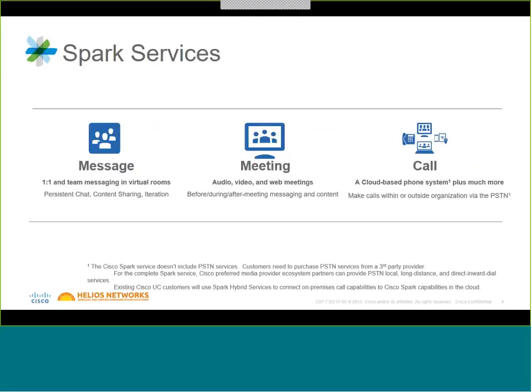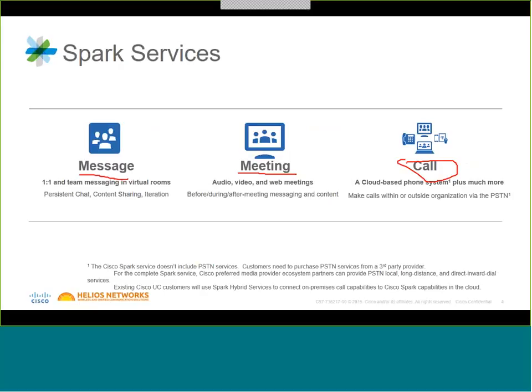This is what I was meaning here, that there's three packages. These packages come in basically twos just now. Unfortunately, it's not all available in the UK just yet. So in the UK today, you have the message and you have the meeting. The call is available in the US just now. They're rolling that out. That was just announced